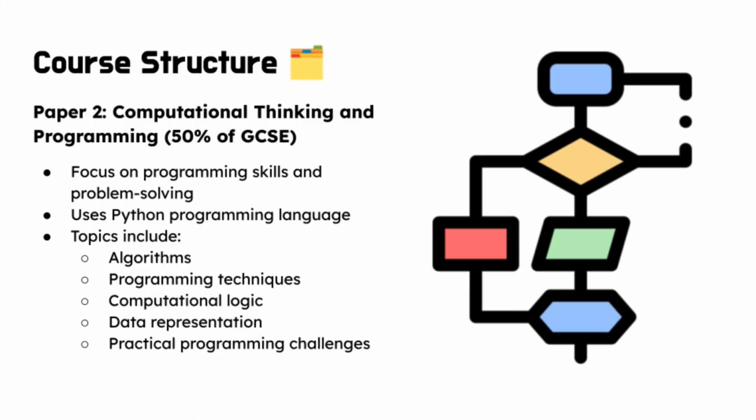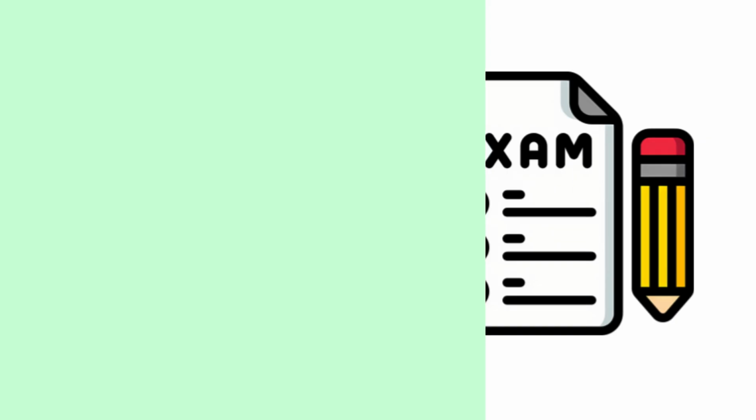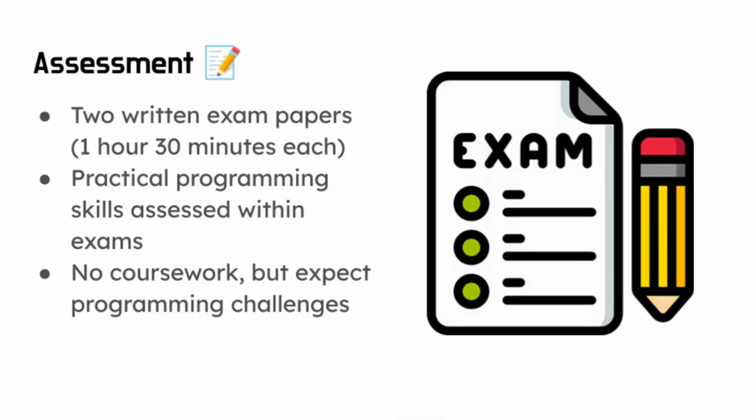Paper 2, Computational Thinking and Programming, focuses on programming skills and problem solving. We use the Python programming language, and the topics that we study are algorithms, programming techniques, computational logic, data representation, and some practical programming challenges. Each of the exam papers is 1 hour 30 minutes, and practical programming skills are